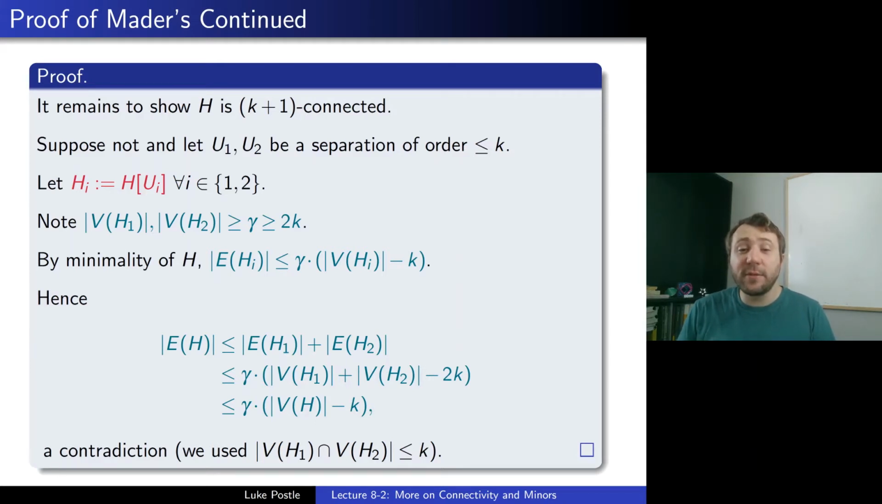and here we're using the fact that we're only double counting k vertices because V of H1 intersect V of H2 is at most k. So it's a very slick proof where you just set up the right